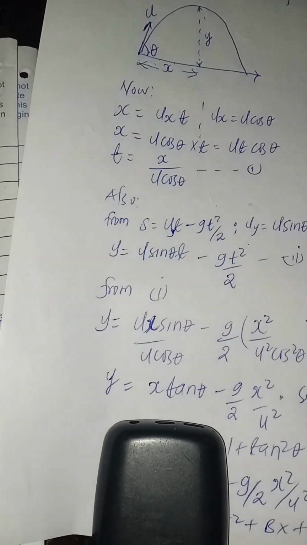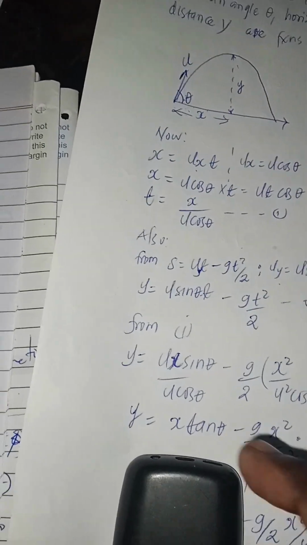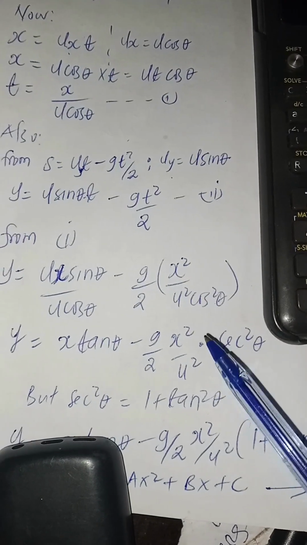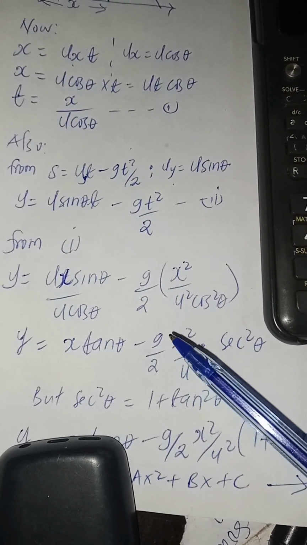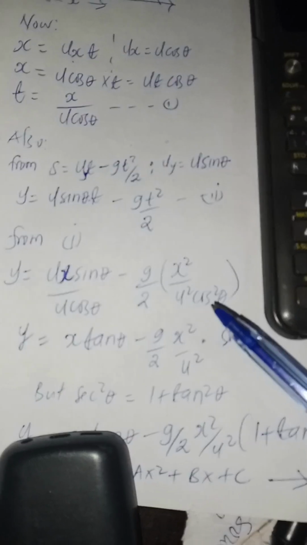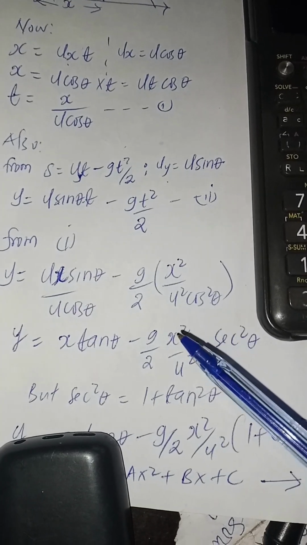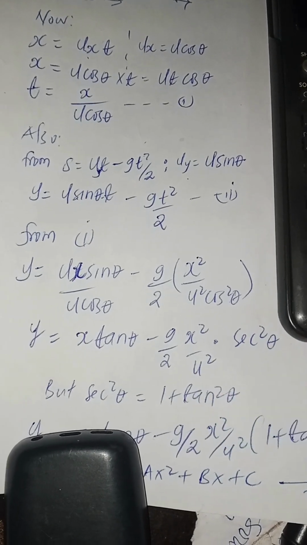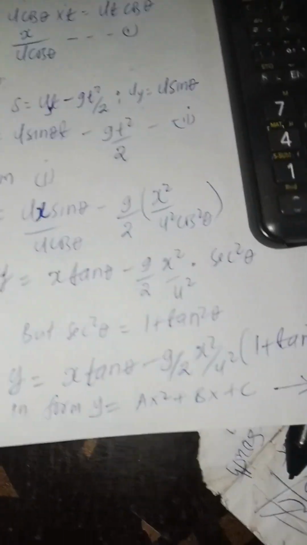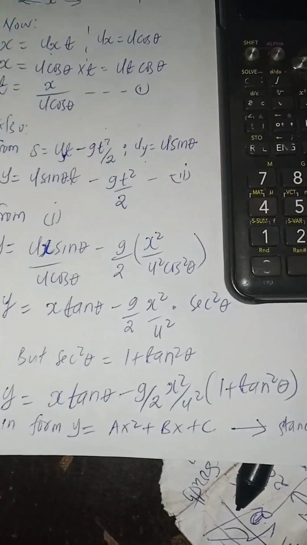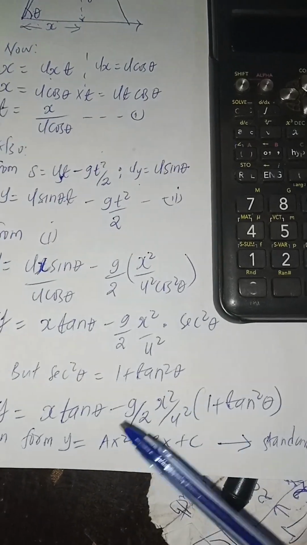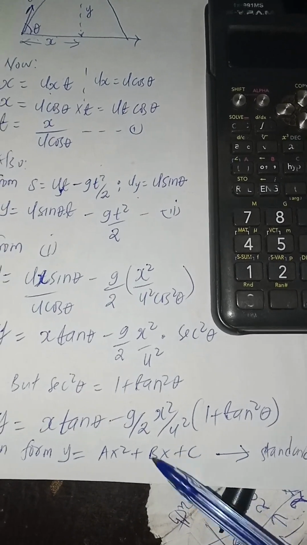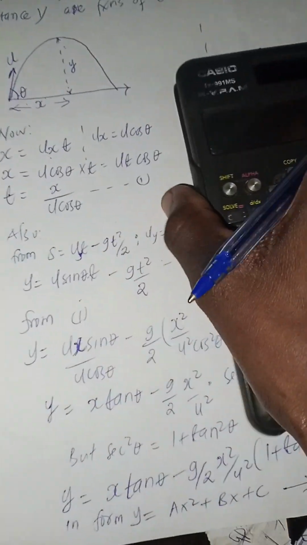And finally, we substitute this t in this equation and we'll find ourselves having this particular equation, which now becomes y equals x tan theta minus g x squared out of u squared out of 2, then times sec squared theta. Sec squared theta is 1 plus tan squared theta. So that finally becomes what we call the parabolic equation. So this is the equation of a parabola from the form ax squared plus bx plus c, and this opens downwards. The assumptions